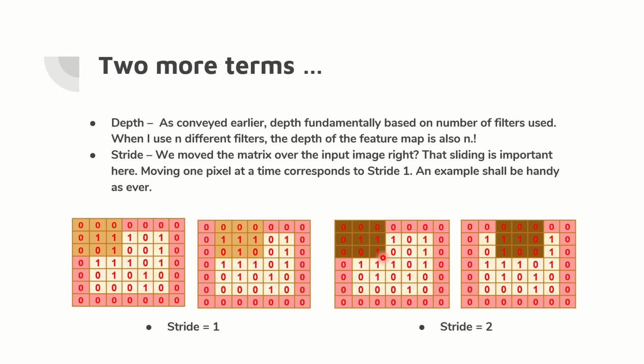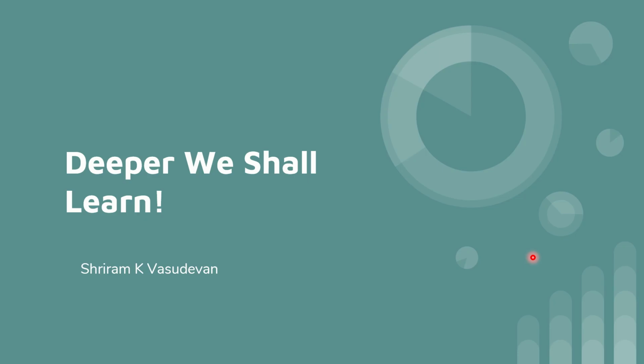Now I convolve it in the first 3, but I leave first 2, I go to the next 3. So when I move 2 pixels away, I called it stride equal to 2. This is the way we need to call it, and this is a very simple thing. So stride equal to 1 will move 1 pixel away, stride equal to 2 will move 2 pixels away, and that's it. This session was very interesting. I hope you try it out on paper also mathematically if you want to understand things better.